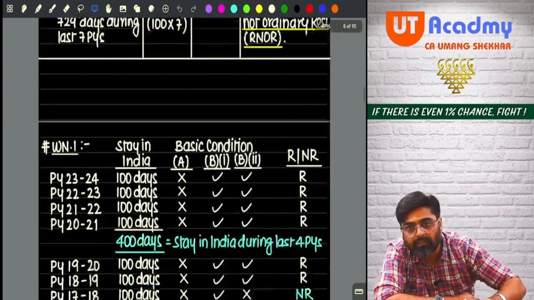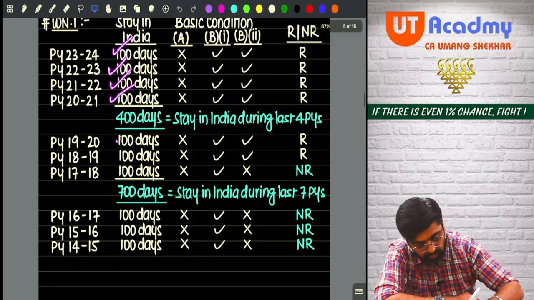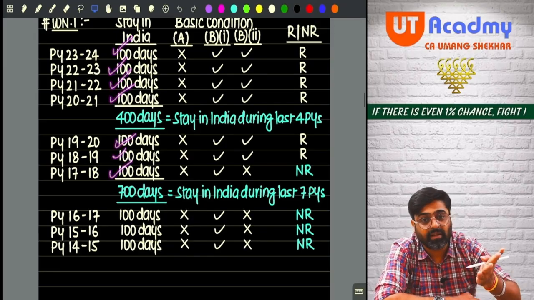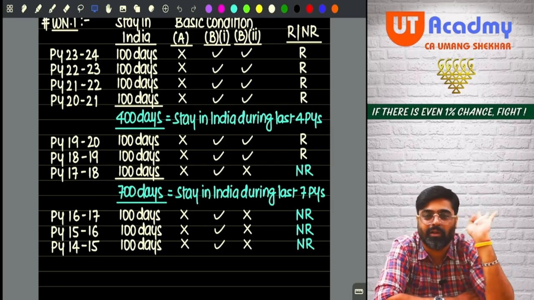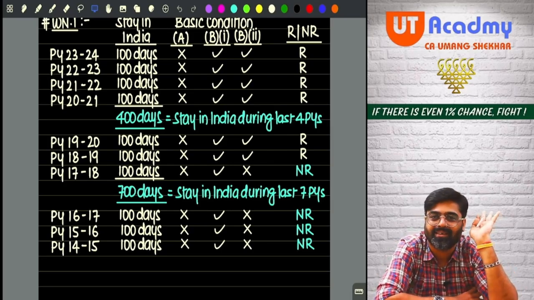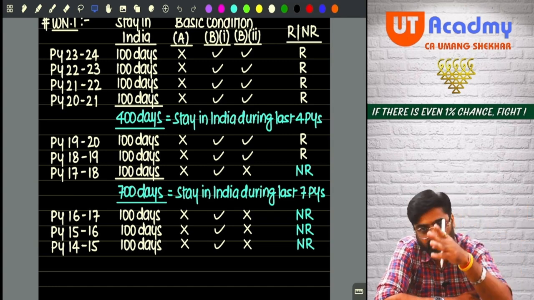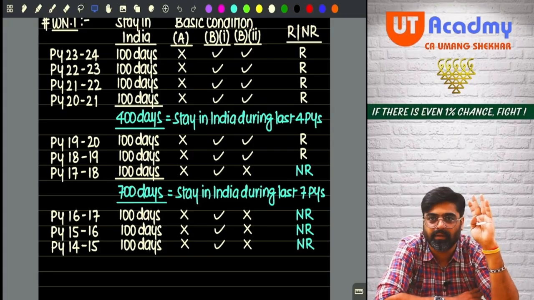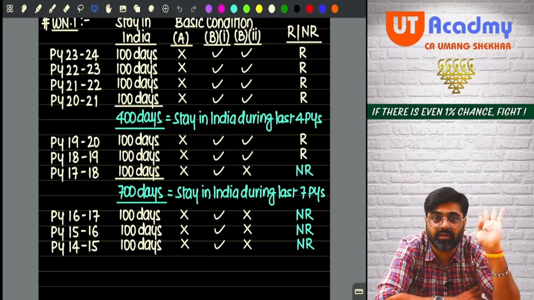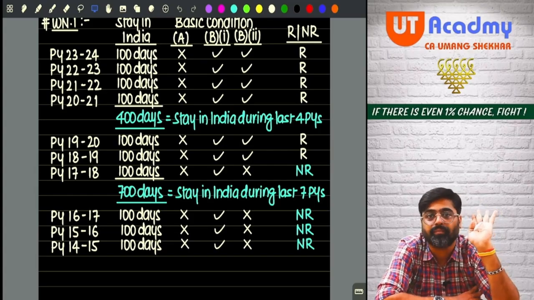So now again come to this. I will do the total of 1, 2, 3, 4, 5, 6 and 7. I have done the 4 years total also here, and I have done the 7 years total also here. So that I don't have to make separate working notes. From this working note only, every detail I will put in my format. Now just see how easy your solutions will be made now.